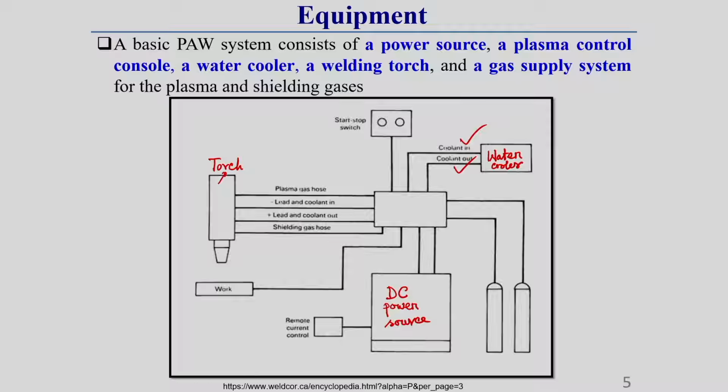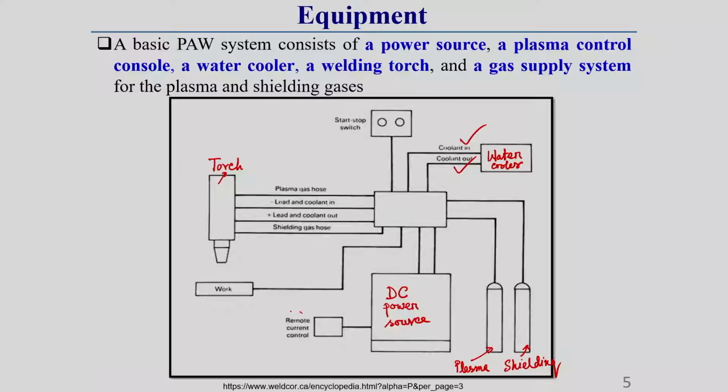Okay. Inside this torch there are two nozzles simultaneously, one is the copper cooled nozzle, another one is the outside nozzle, which is used to supply the shielding gas, correct. There are two different types of gas supply. One is generally called plasma gas, and this is called shielding gas. What is the type of plasma gas, what is the type of shielding gas, everything in detail I will discuss in subsequent slides. Generally for plasma gas it is always preferable to use argon gas. Why? That also I will discuss.